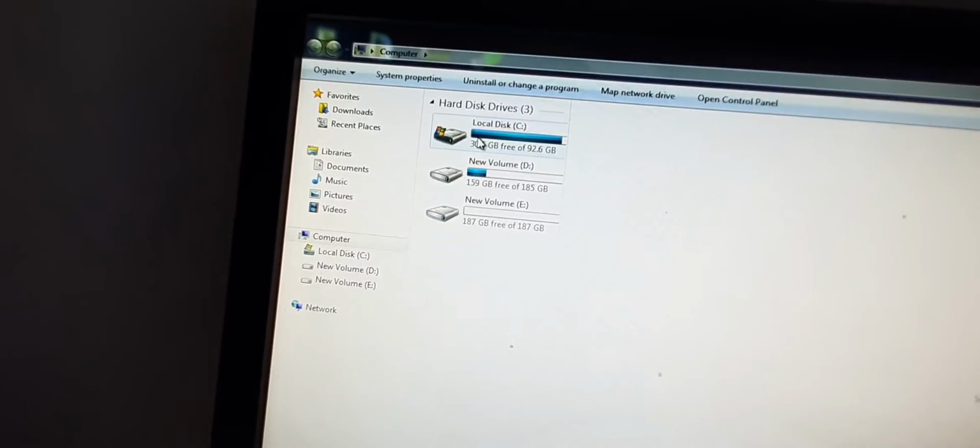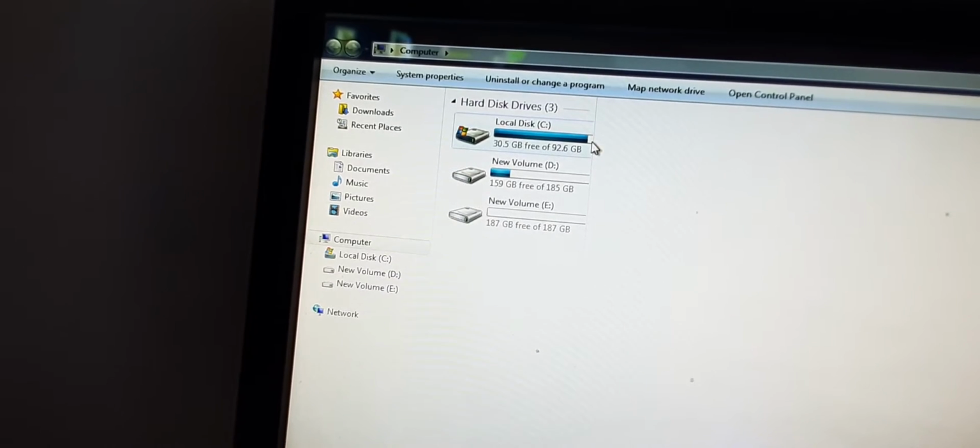Okay, this is not written in your book. This I am telling you that we need to keep this drive empty so that the system can function properly. Because if this drive is not empty, system will have problem in its functioning.